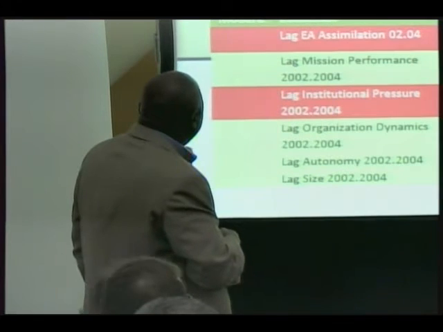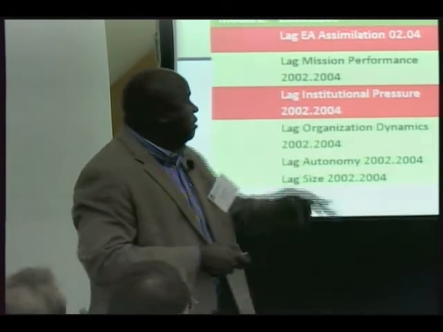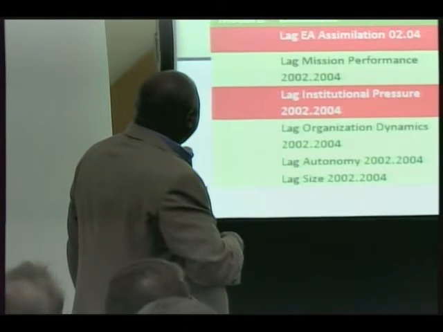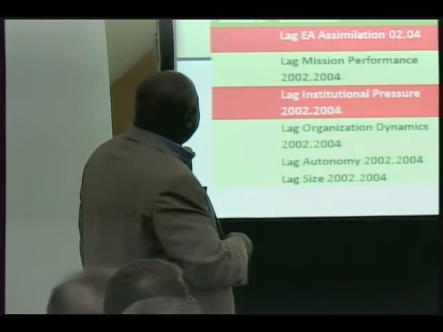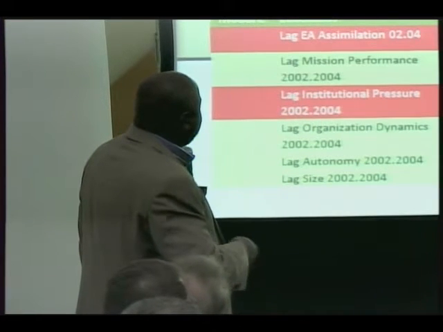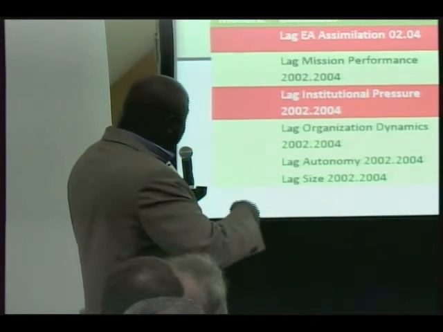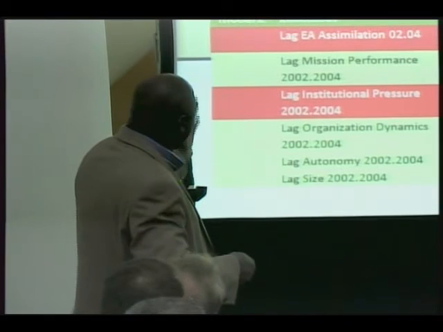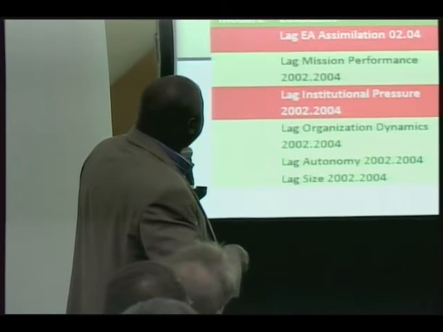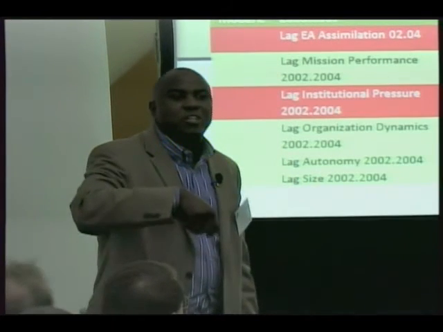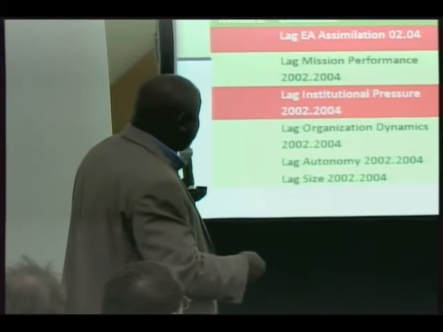So when we used 2002 to 2004 as the dependent variable, and we used previous year assimilation scores, guess what happened? And previous performance, it was significant. And then we tested again with the second data set. The reason why we're doing this is because we wanted to use the data before the introduction of e-government. And then we wanted to see the significance of it.